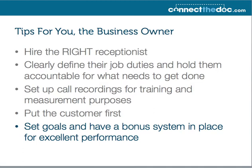This should be obvious, put the customer first, but it's amazing how many times it's not. Some practitioners or some clinic owners would prefer to squeeze the patient into a bad time than maybe accommodate them during a time that works well with them. If you can squeeze a patient in at 5 p.m. even though your office is about to close, and that's better for the patient, I would highly encourage you do that. Something my dad always says, he says, patients don't care how much you know until they know how much you care. And I think that's really relevant, and I think it's really important that you focus on your patients